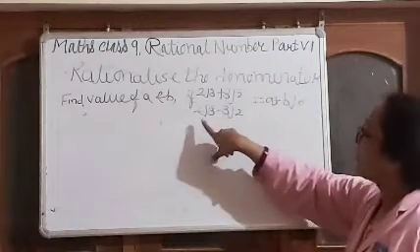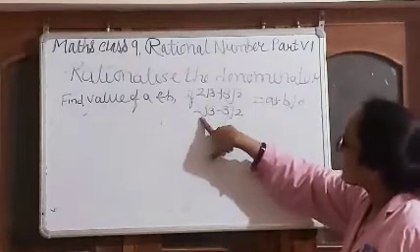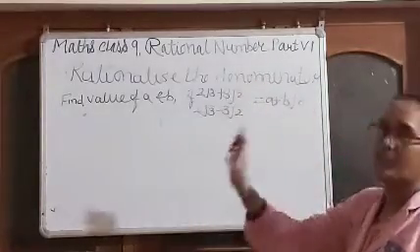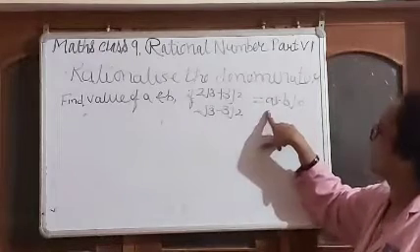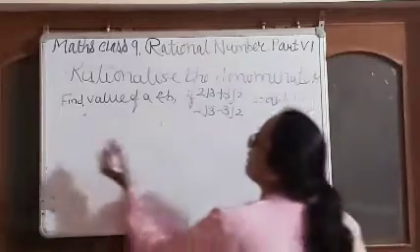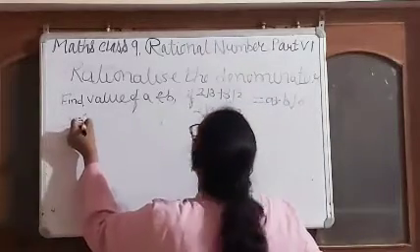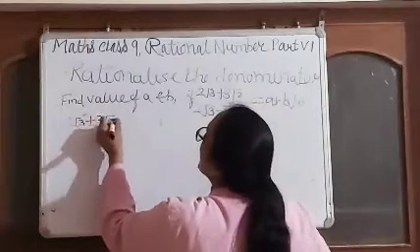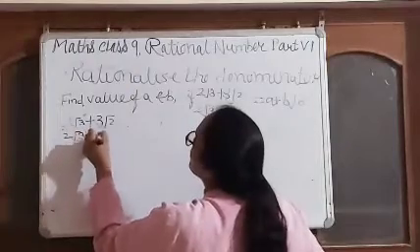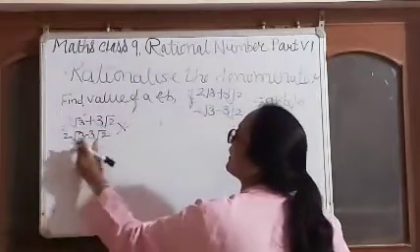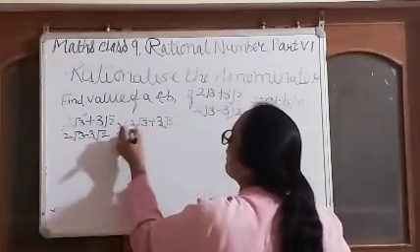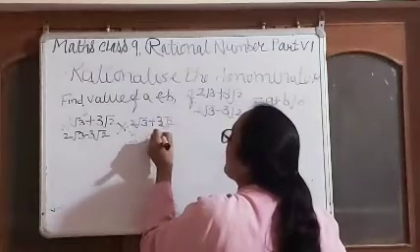We have to first find the rationalizing factor of the denominator and multiply it with the numerator and denominator. We will get the answer in this form. Then we will find the value of A and B. So what will we do? We will multiply and divide by the rationalizing factor of the denominator 2 root 3 minus 3 root 2. The rationalizing factor is 2 root 3 plus 3 root 2 upon 2 root 3 plus 3 root 2.